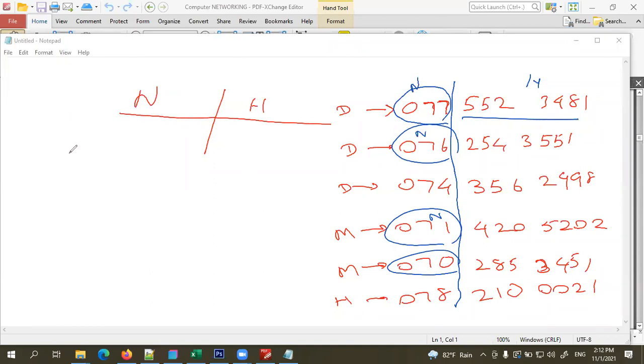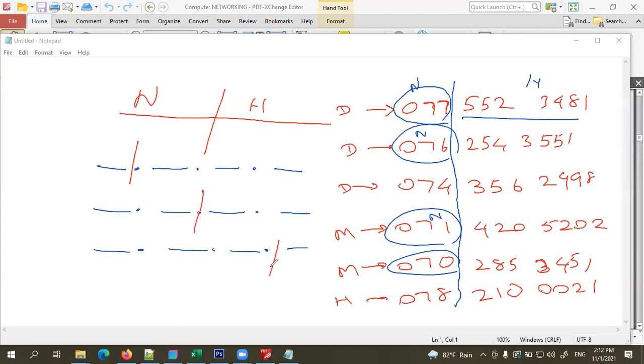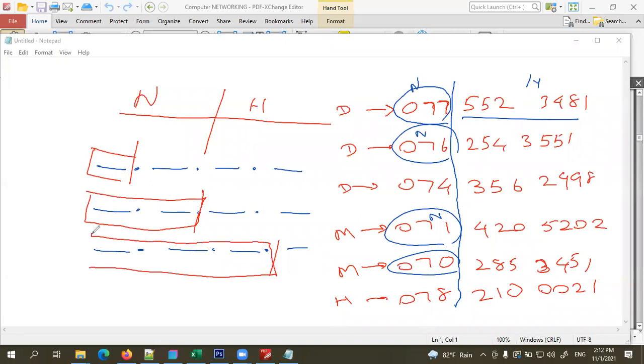So normally, we identify 3 classes in IP address. You know already that there are 4 portions of an IP address with 8 bits. In these IP addresses, the network portion varies. We can divide it from here, here, and here. So only the first octet belongs to the network. Here, the first 2 octets belong to the network. Here, the first 3 octets, right?